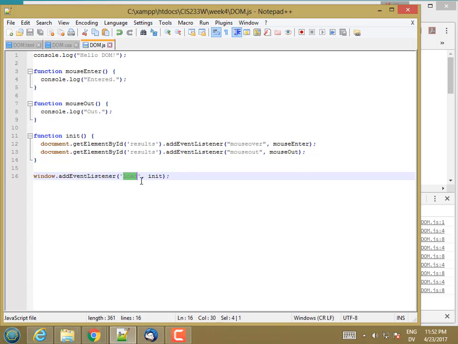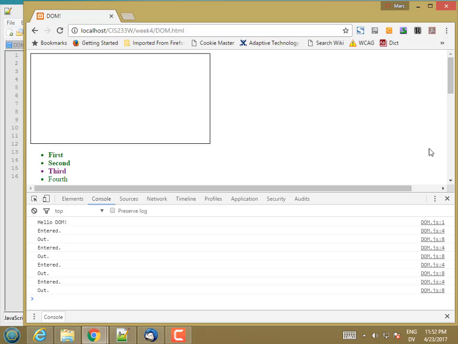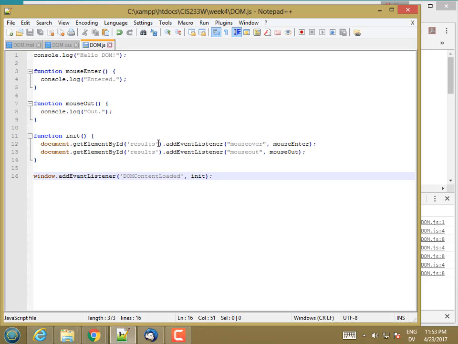I can say DOMContentLoaded. So DOMContentLoaded means that all of the DOM content for this page is ready, even though some of the external stuff might not be yet. And if I reload, works the same. So the difference between DOMContentLoaded and load really only matters if you're setting something up for the load event handler